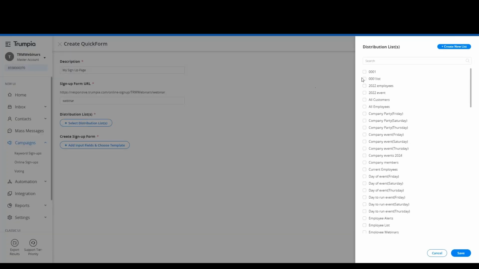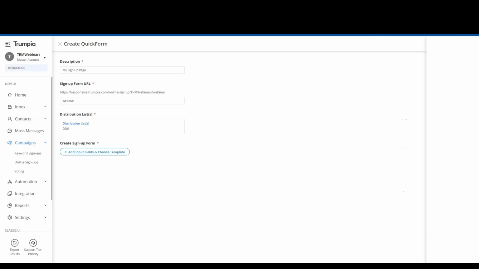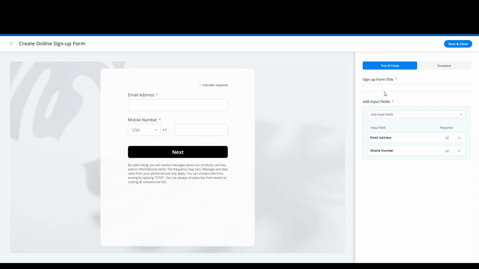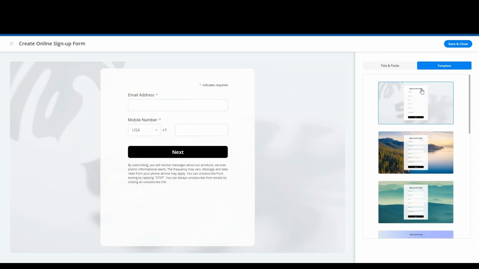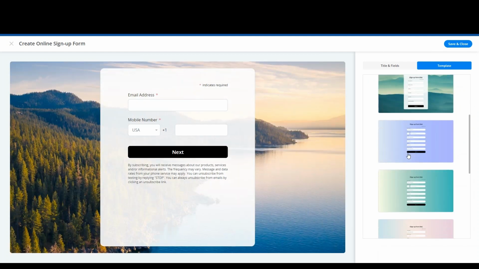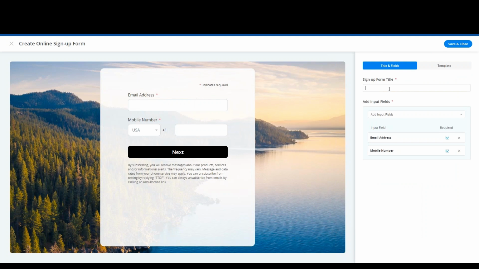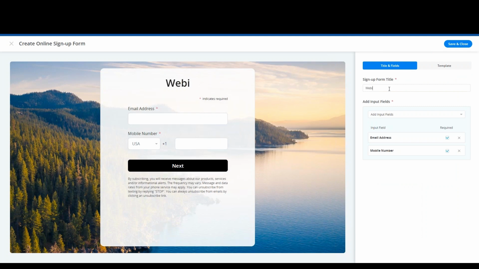This distribution list is what list they're going to join when they sign up. And then we add input fields and choose templates. This is how it looks by default. If we want to change the view, we can go ahead and change our templates here to make it look a little prettier. If we want to put our own pictures, these two at the bottom will allow us to use our own pictures. Then we just set up a title,